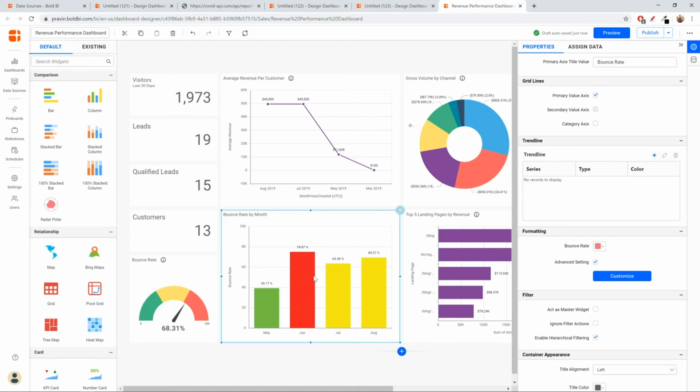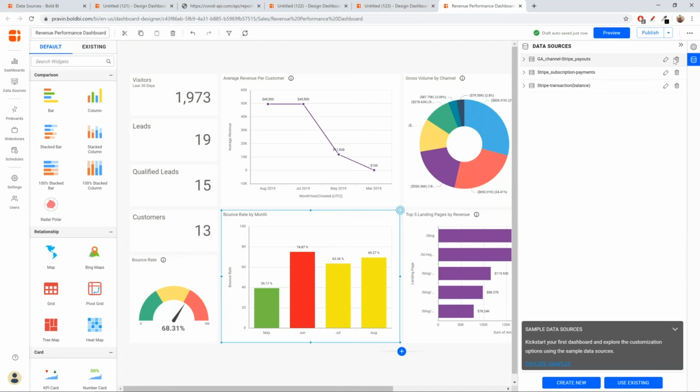Okay, so now this conditional formatting is done using static values, as you see. So instead of having this 40 to 60 as a safe zone, you may need to change this over a time period. You may need to change it as 35 to 40 or 35 to 50, and so on. But again, if you have a lot of widgets in the dashboard configured with conditions like this, you may need to edit the dashboard again and change all the static values in the dashboard. So instead of that, you can add a parameter and then make use of that in the conditional formatting here.